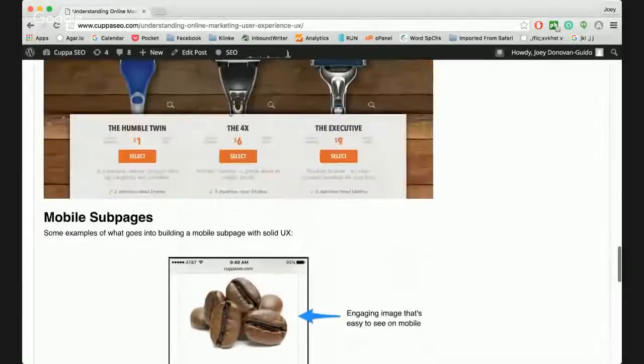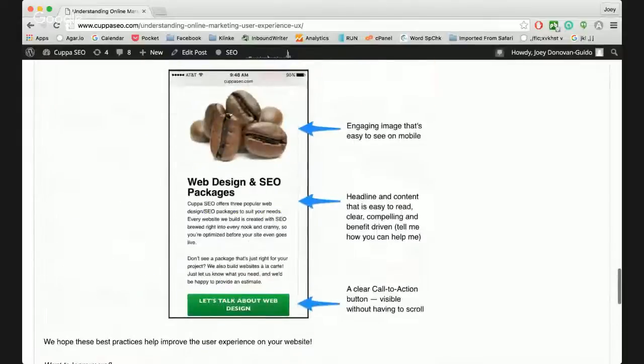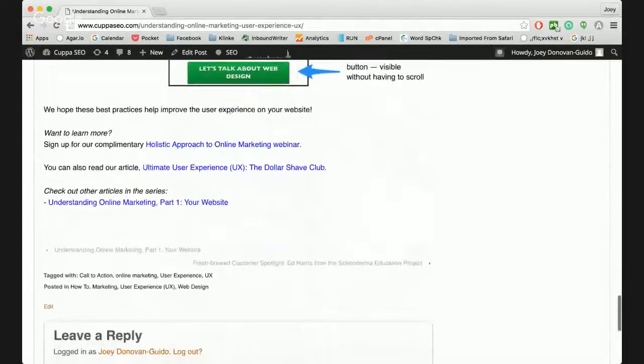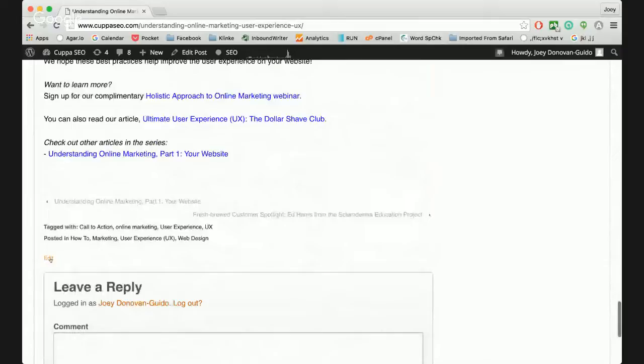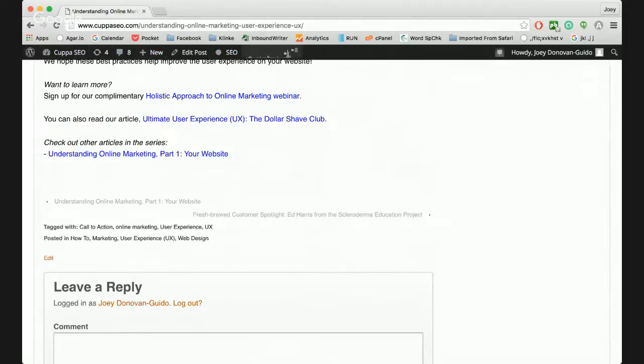So what I'm going to do is, at the end of this article, which looks a lot longer than it is because of all the pictures, we have a little edit button, okay? And you guys can see from up here, from this little sub-navigation tab, that I'm logged in, okay? Once you're logged in, this little edit button appears. And when we click on it,